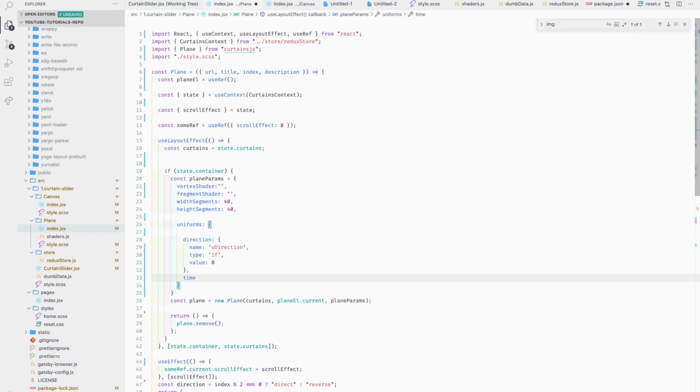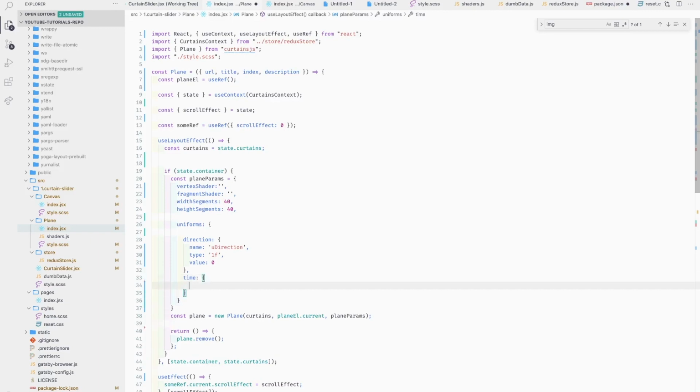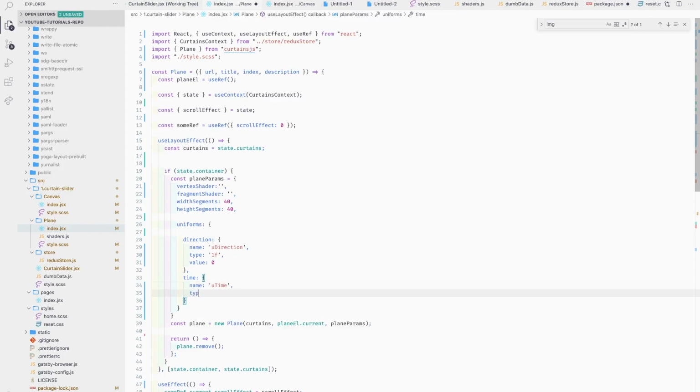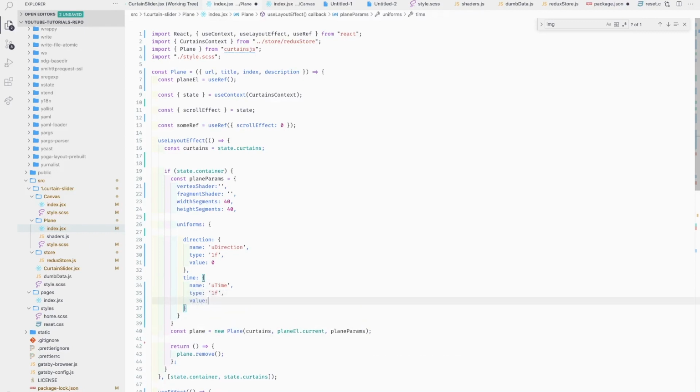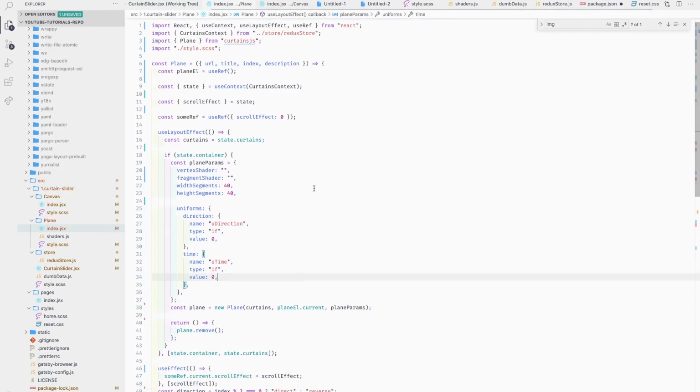And we will also need the time, and the time will be uTime, and for the type it will be a float again, and for the value it's going to be 0. So let's save,